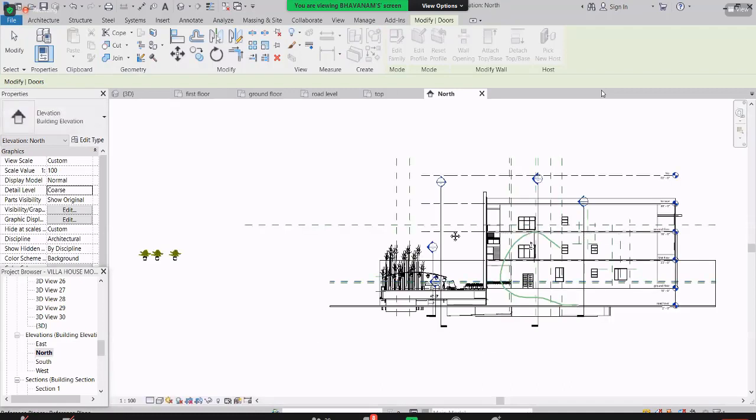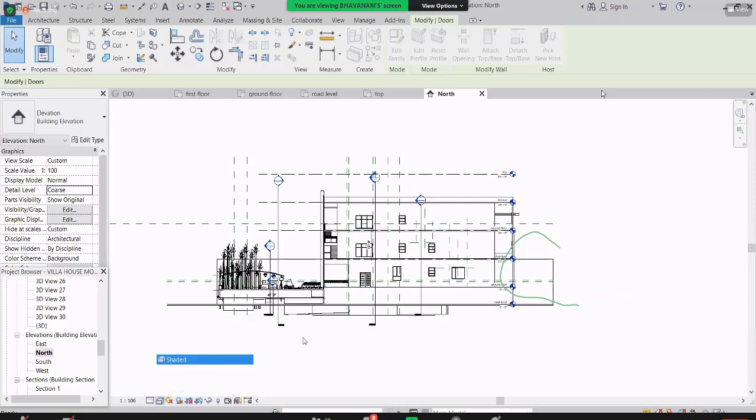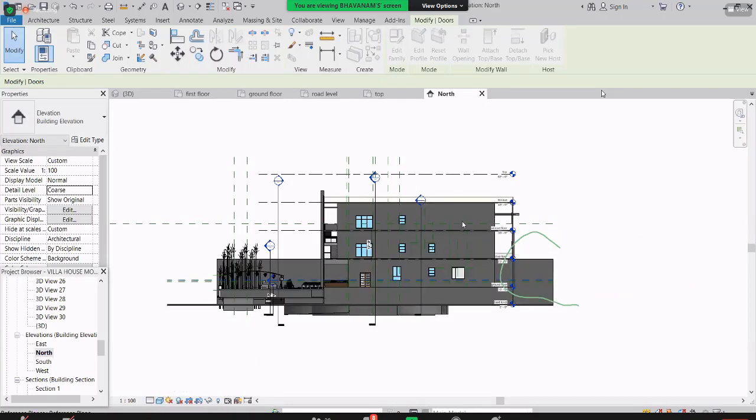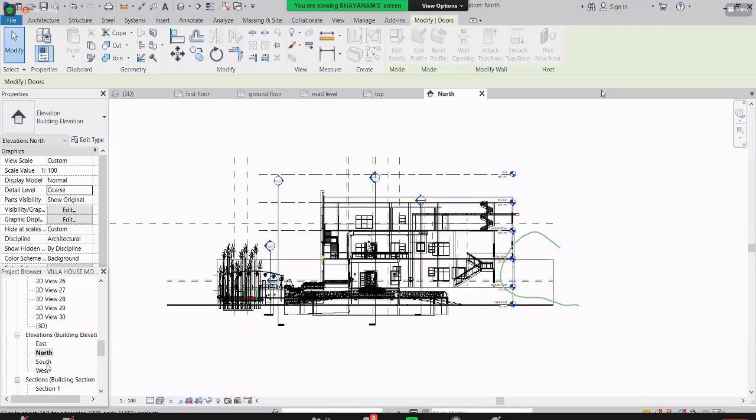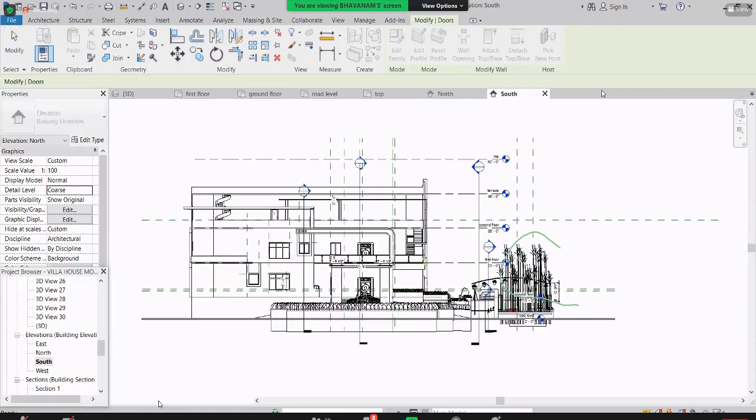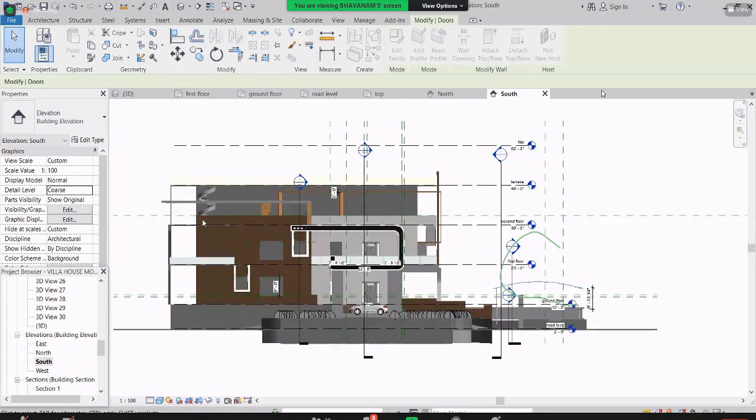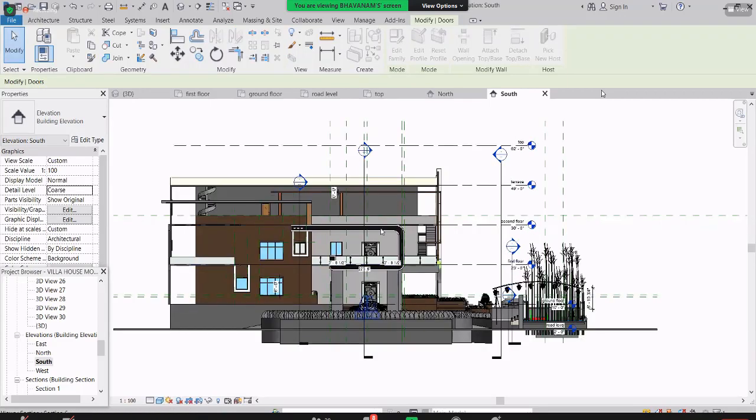So guys, see, if I want to show another view, just click on the shaded view. Once you select the shaded view, it will show you the shaded view. And whenever we are working with the wireframe, the model will open instantly. Otherwise, it will take some time to open up. See how it looks in the front view. So this is the front view, and yeah, in the west.